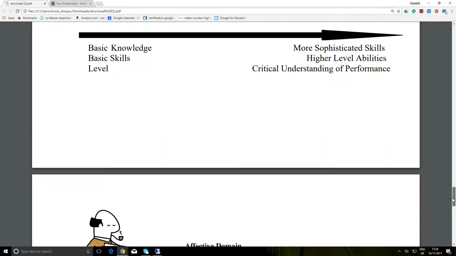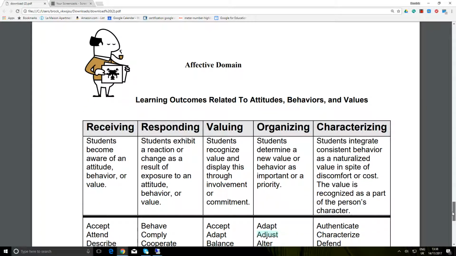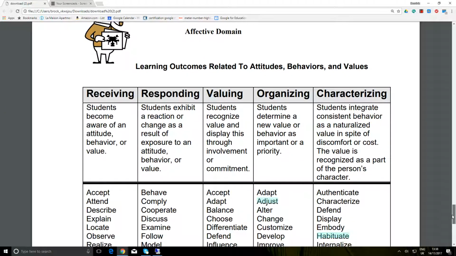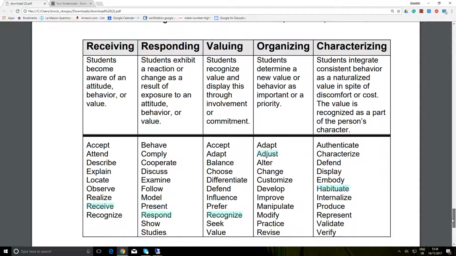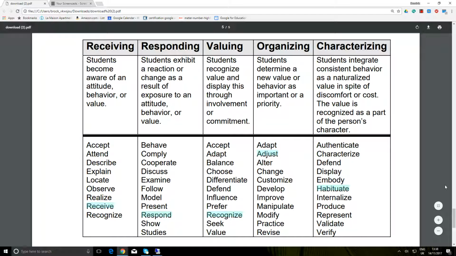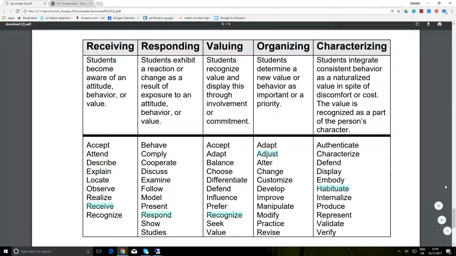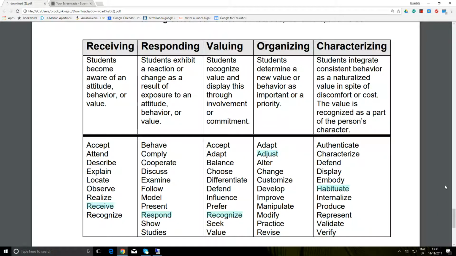On the next page is the affective area. As before, some useful verbs which you might use over a series of lesson plans in your learning outcomes section. For example, a learner first receives information in a lesson on healthy eating, then responds to it, then recognizes that